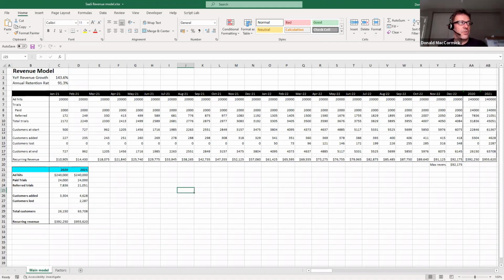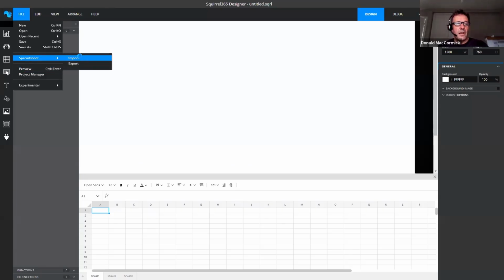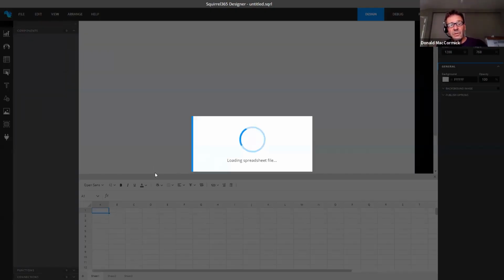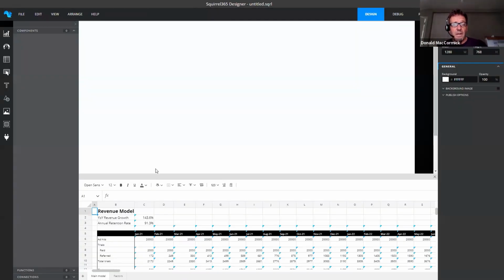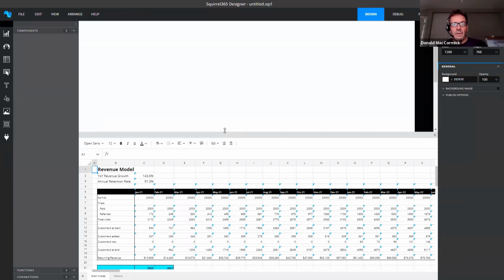So I take this spreadsheet, this SaaS revenue model.xlsx, and I'm just now going to import it into Squirrel. And so that's the wrong full stack one here, SaaS revenue model. So that pulls it into Squirrel, and what we have down here is our representation of that. Now, it would be nice if this were actually Excel, but it turns out that's not technically possible within the web technology we're using. So we had to write